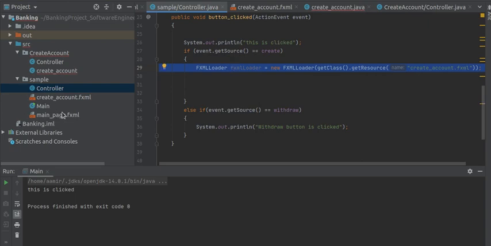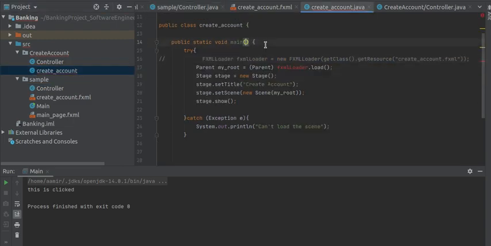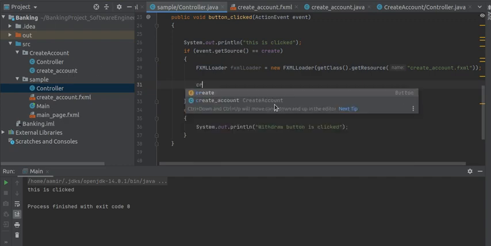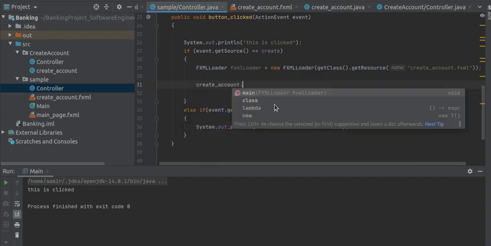Now in this package the first scene, the first stage, is loaded, and this will get the other one. Now in this I want an FXMLLoader; this function will get the object of the loader file. Here you can see I have loaded it successfully. Now let's call that main function, which is present in create account.main.